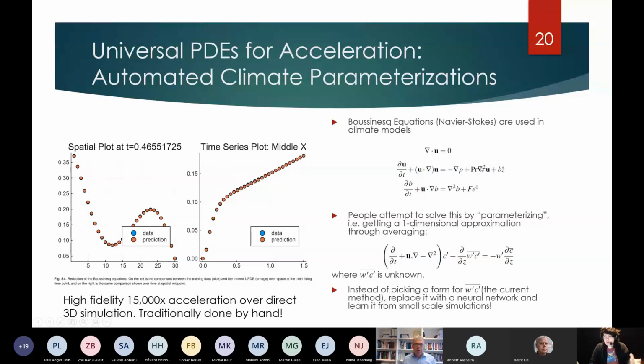But we can do a closure here where we chop off all the other equations and get a diffusion-advection term, where we don't know what this function would be because it's defined by its own one-dimensional partial differential equation. That's this recursion of closure terms. So we have a partial differential equation with an unknown function, but if we know this function, then we have an equation that gives us a 1D approximation to the original 3D PDE. Here we have a missing function embedded within a partial differential equation. Let's replace this with a neural network, and find what that missing non-local function is with a neural network.